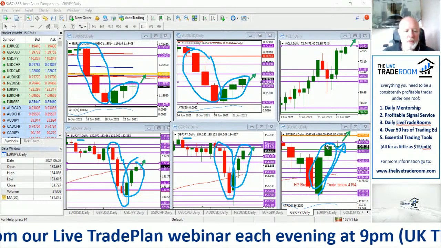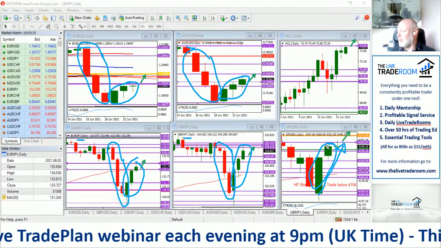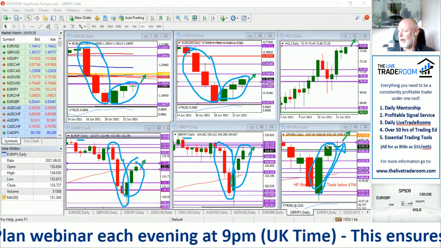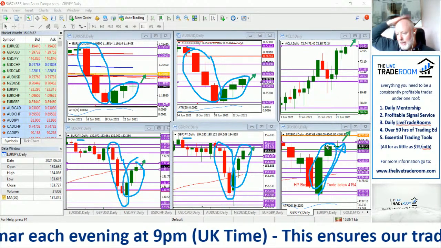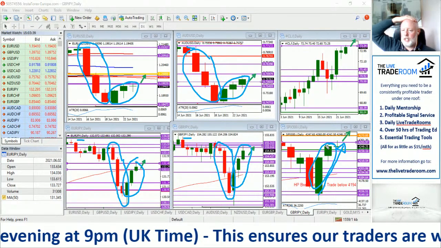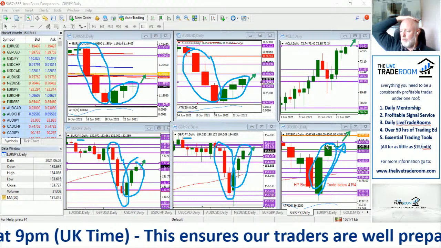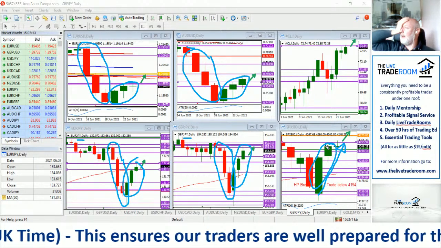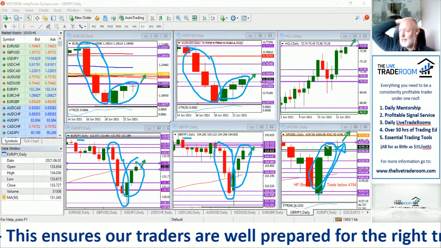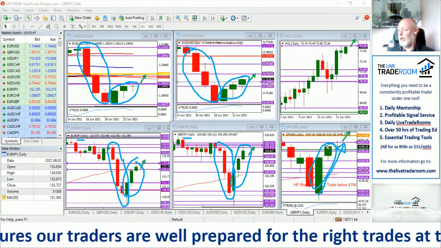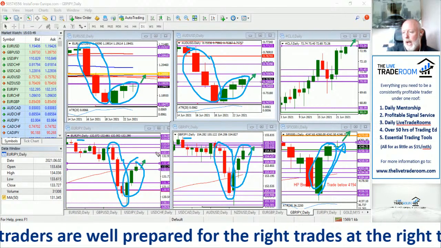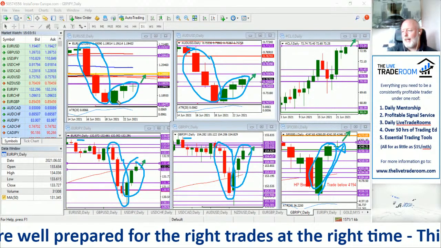So this is why we spend a little bit of time focusing on the stock markets, the global indices, the big baskets, to just show you in real time the relative strength of an economy, and understand how this impacts